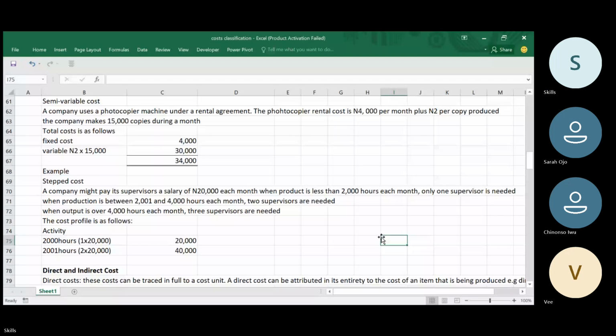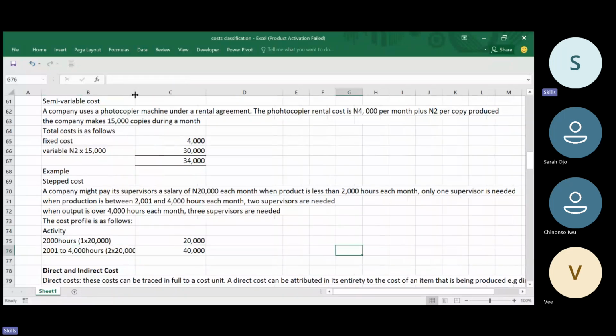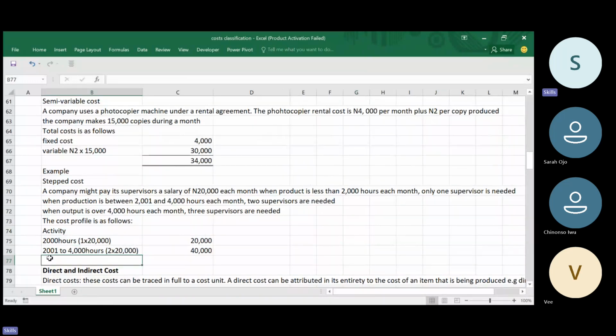And it says the range is between 2001 to 4,000 hours. For 2001 to 4,000 hours, 40,000, 2 supervisors will be needed. But when it is above 4,000 hours, when it is over 4,000 hours,